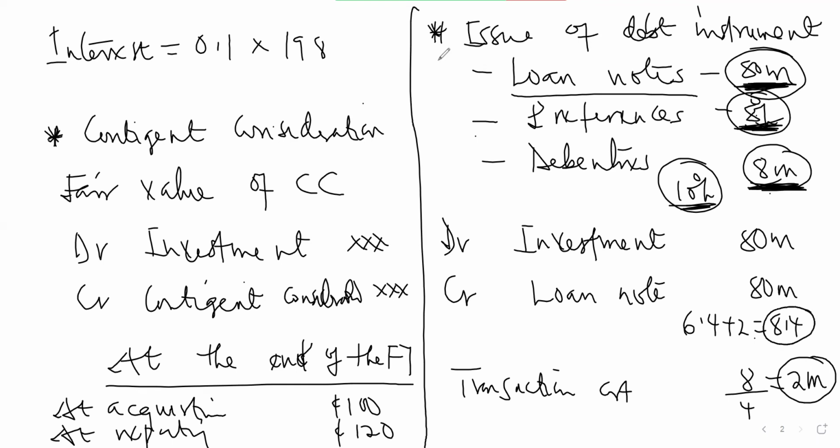But if you are giving the effective interest rate, it means that the effective interest rate has taken into consideration the yearly interest rate, which is the nominal, plus the yearly amortization of the transaction cost. So you don't have to amortize the transaction cost as a separate item. You just subtract it from the 80 million. That is how we treat it if you are having effective interest rate. Okay, but the question might give you the effective interest rate or they might not give it to you. You just have to be very mindful when you are dealing with that. Although we are going to look at this under IFRS 9. Okay, if you are going to financial liability and financial assets, we'll talk about this one more.